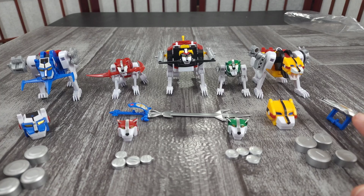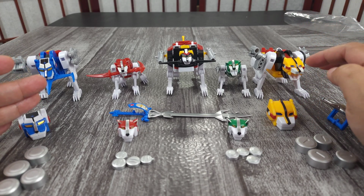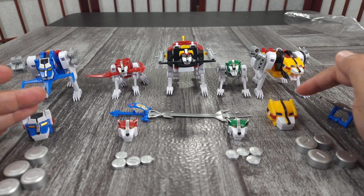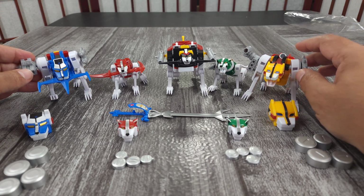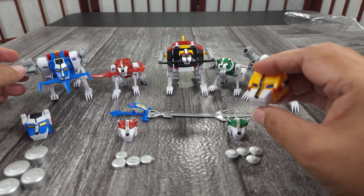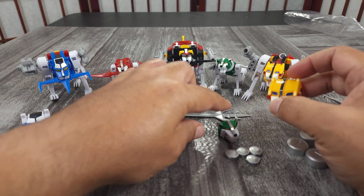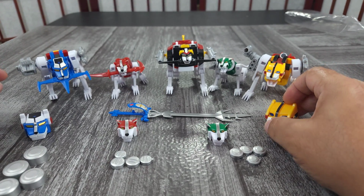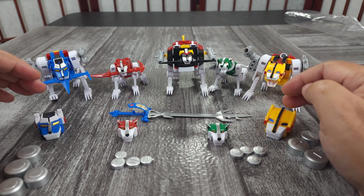I think it's super thoughtful because it is a model kit, so they had to sacrifice, but with the parts forming, it helps with the sacrifice. Like the proportions of these lions are great, the lion heads and everything, and we'll just get right into it. Then you can swap them out when you're in Voltron mode for bigger heads on all of them. The lions have bigger heads, and it's just a different take on the faces and the heads, and it gives